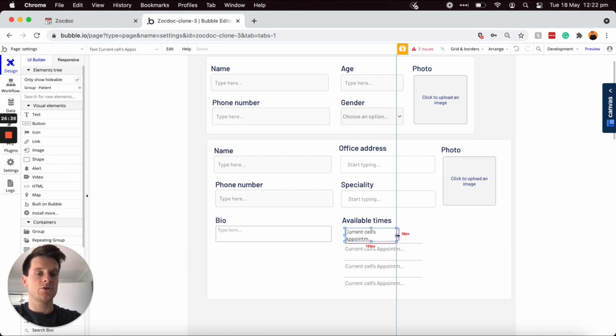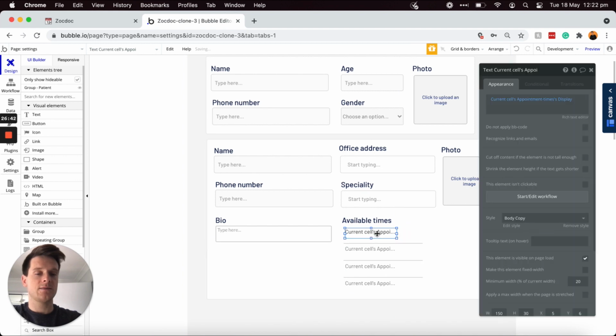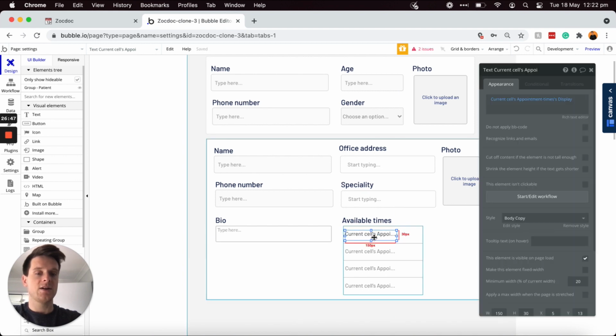I'll then just reduce the width of that and also the height and move that down a tad so there's some even spacing between each time slot. So from here, I have now been able to display a list of all of the times, but of course